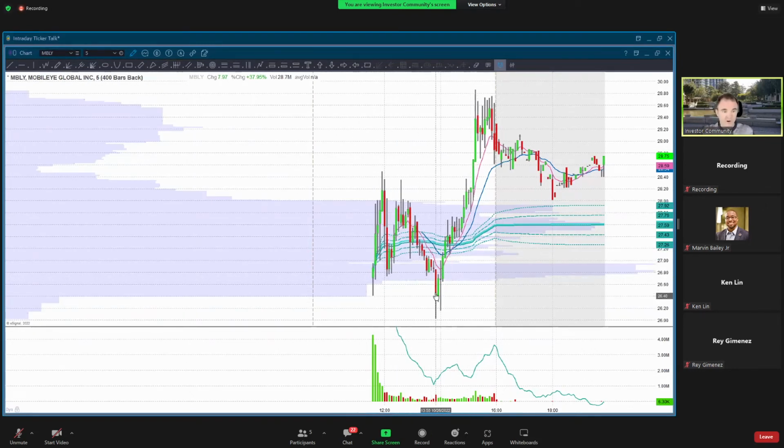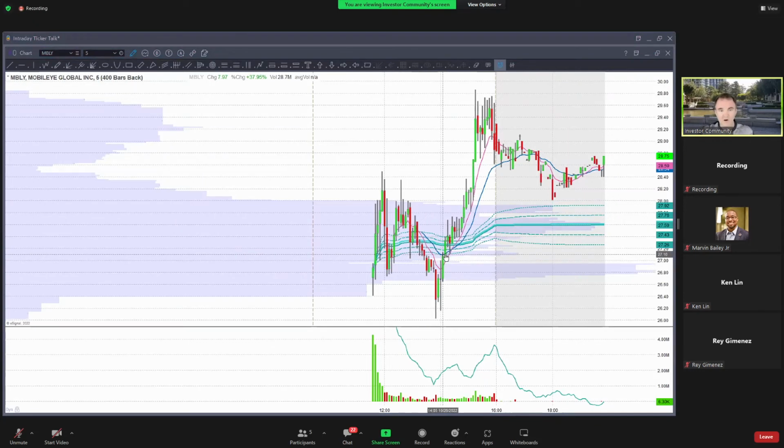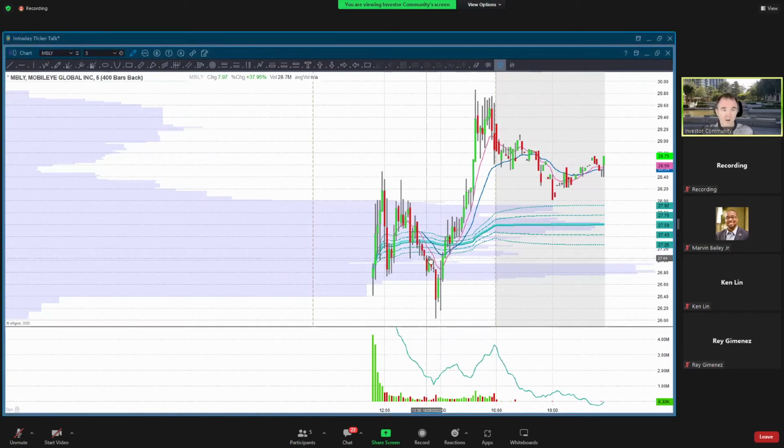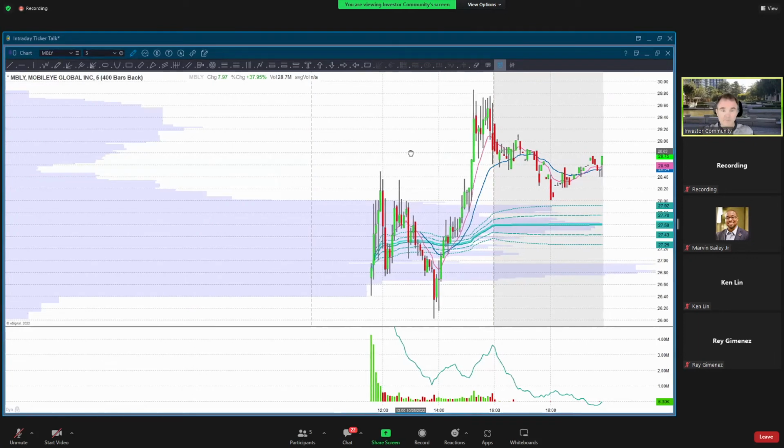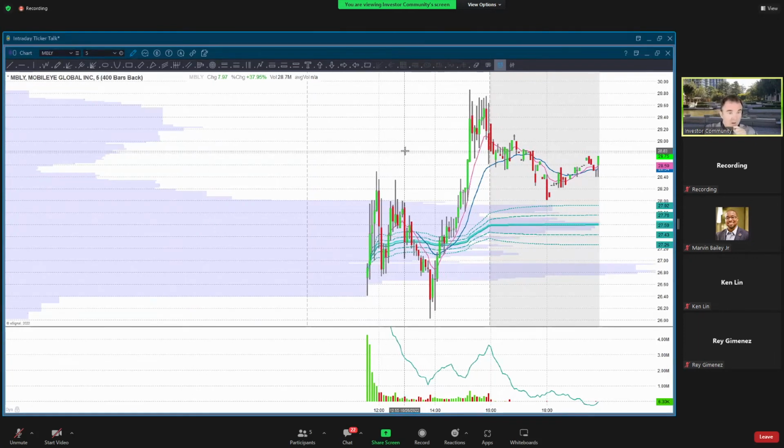I should have set an alert. I know I say that all the time, and I really do need to get disciplined with setting alerts. But I missed this, because I probably would have bought this up in here, in around the 27 plus area, once it got above that little consolidation and started to settle down a little bit. That would have been a nice move to get in on it. So that's how I would have played that today.